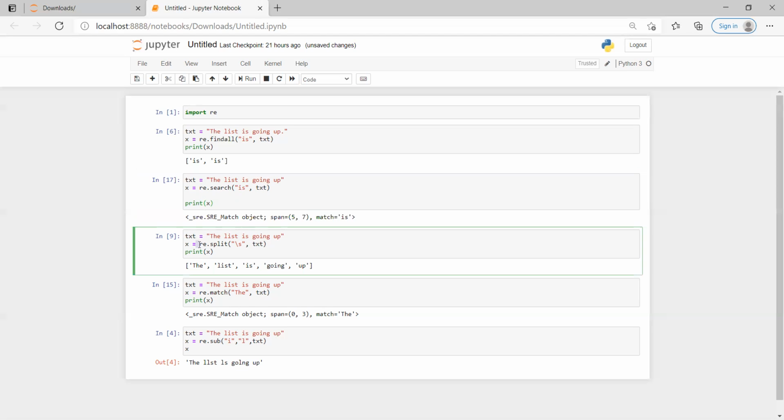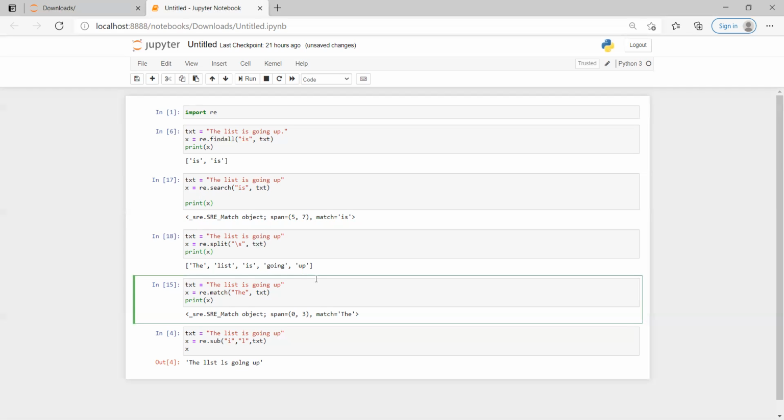I use the regular expression split function, telling it to split the text string based on space. It gives you an array of values of each and every word, and I'm going to print it. See here, the list is going up, these are all the broken up words within the sentence. This is good till here.